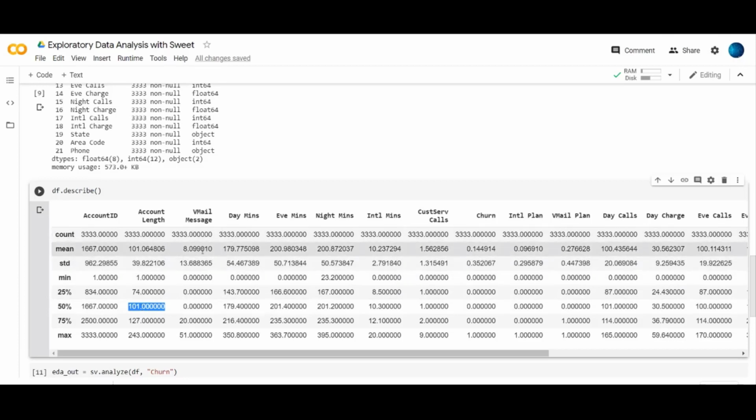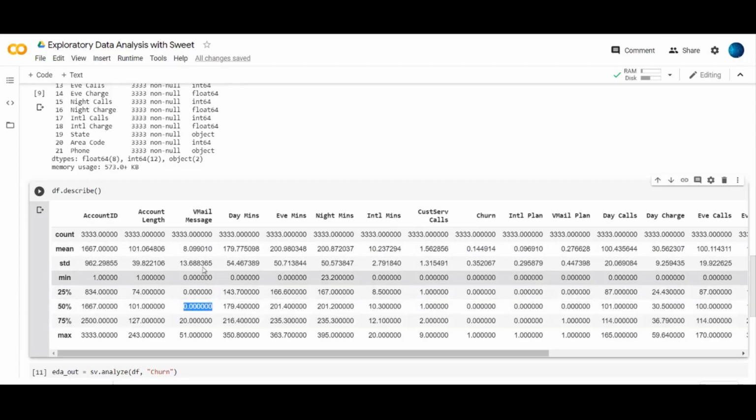Then the email message: on an average, a customer in this data set has about 8.09 messages sent, and the maximum is 51 messages. Here you can see the 50th percentile is 0, which means not every customer is using the email message. Only a few customers are sending email messages, whereas most of the customers are not.